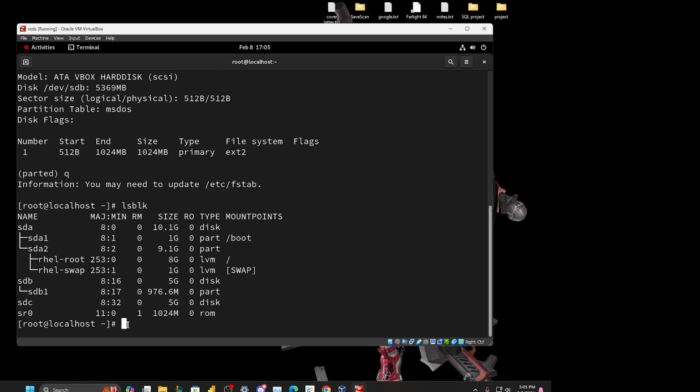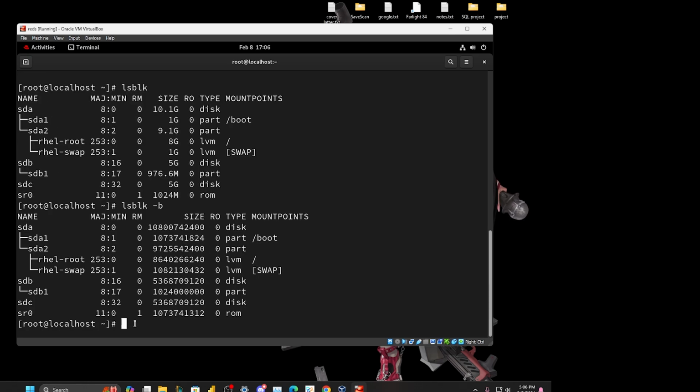If you want to see the size in bytes, then you have to do lsblk -b, and you can see here the sdb1 is 1024000000. Okay, so here you can check that, yeah, it's correctly 1024, right? It's just showing me in MiB, that's why there is 976M. So not a problem. So okay, what if I want another partition here, parted